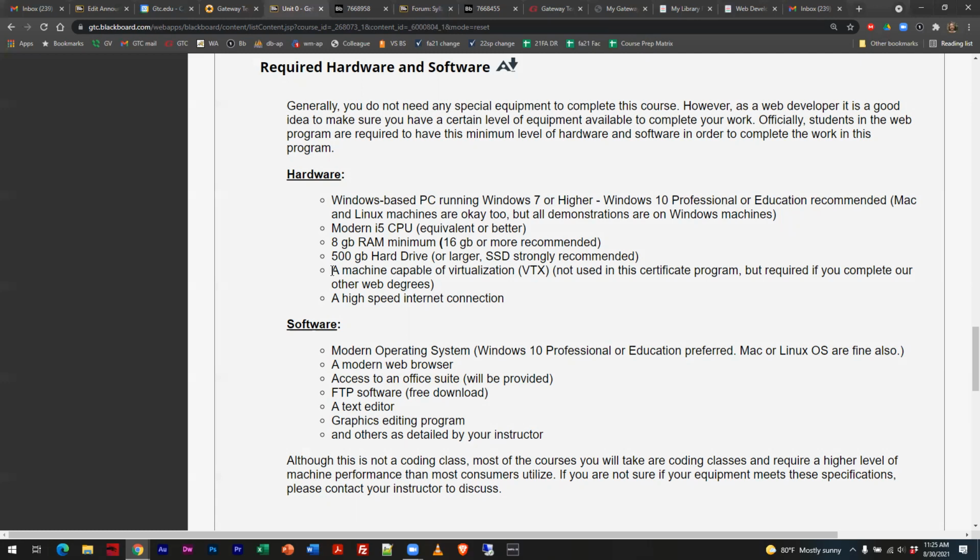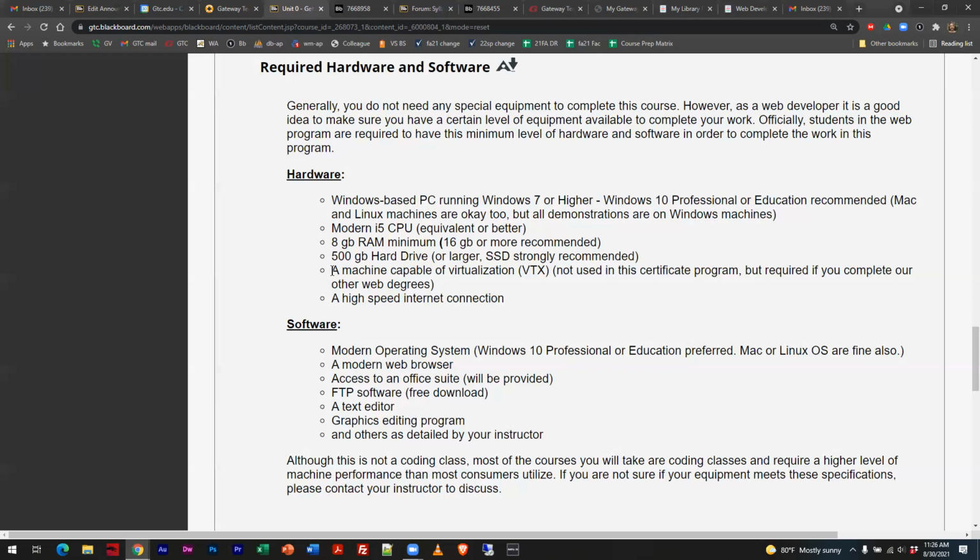Or if I'm creating apps for Android, how do I test them? Well, what if I don't have an Android phone? What if I have an Apple phone and I'm writing Android stuff? Well, then we create emulators inside of Windows that simulate Android, so we can write the application and push it into the simulated environment. And it takes a certain level of machine to do that. Once again, not the $200 or $300 machine that you get from Walmart.